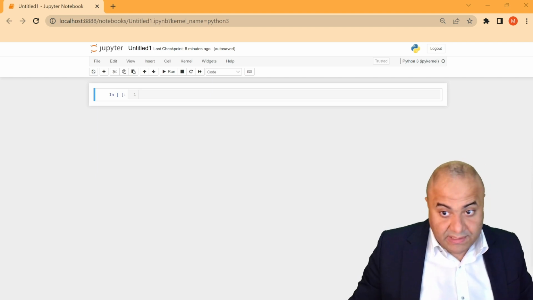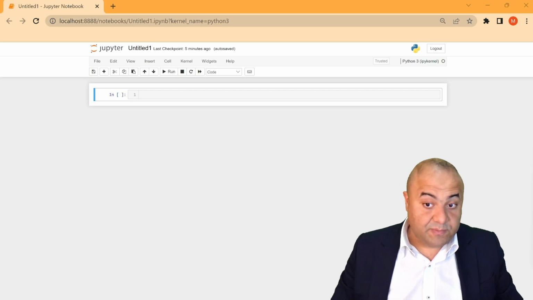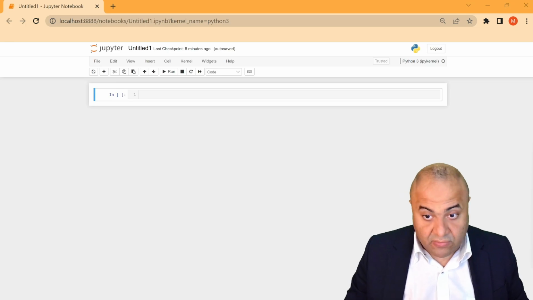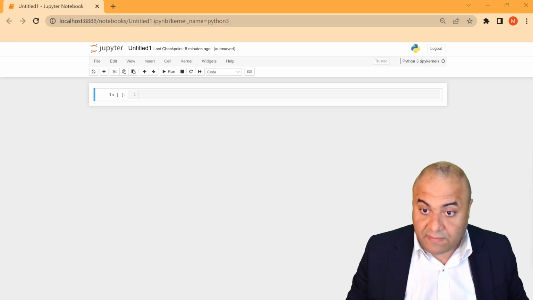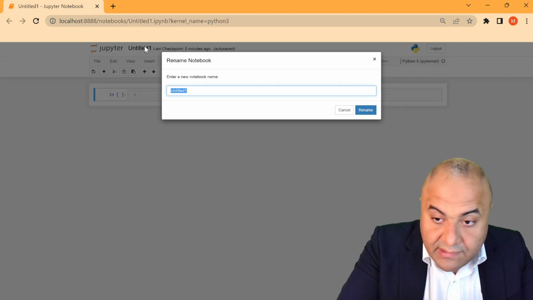Now we're going to build our Q table reinforcement learning algorithm from scratch. And before that, we have to build our environment. So to build our environment, we start as usual by opening a Jupyter notebook, and we can rename it to